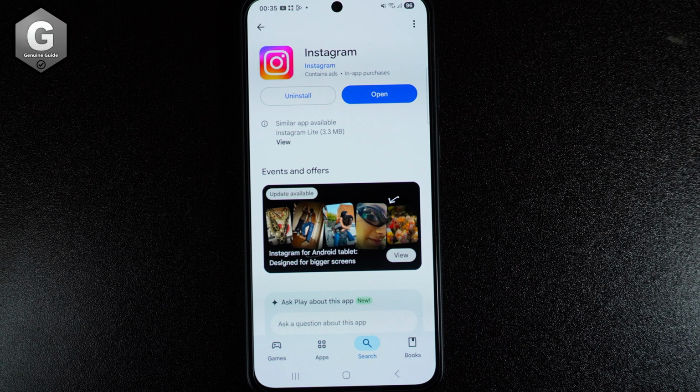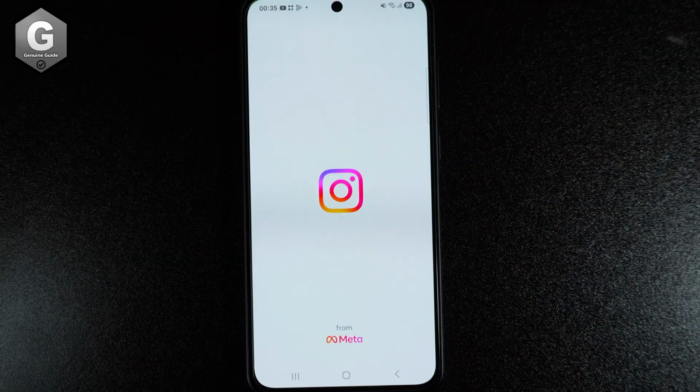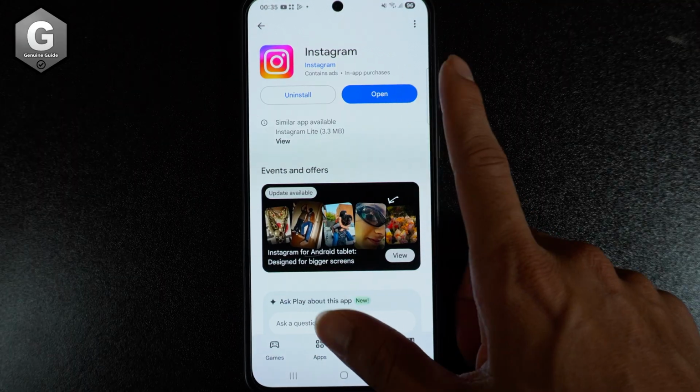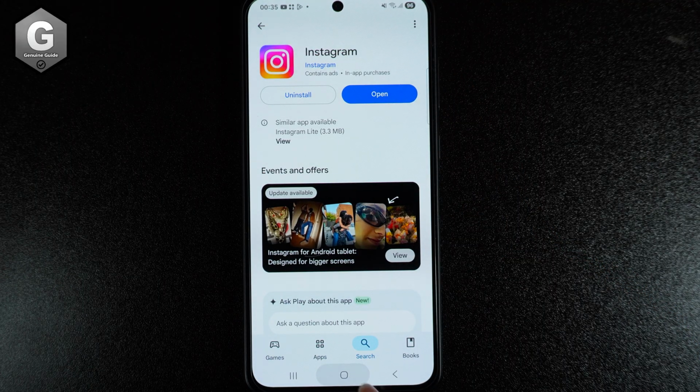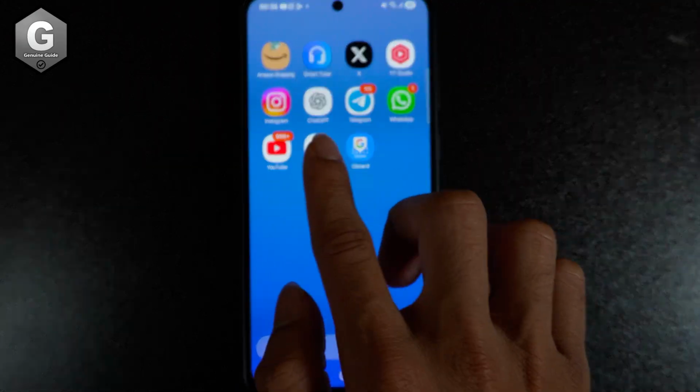Now you have to update your Instagram app from Play Store, and now you can see your Instagram app will be easily open. Now you can log in and use your Instagram account. So after updating your Instagram app, now you can easily open your